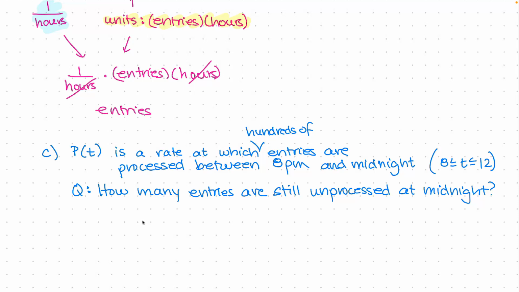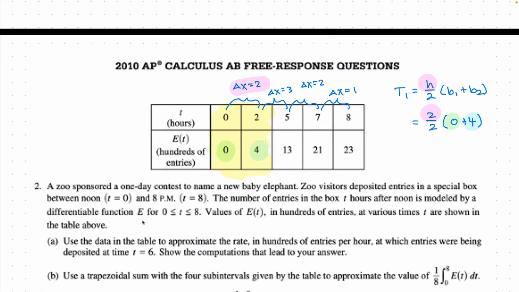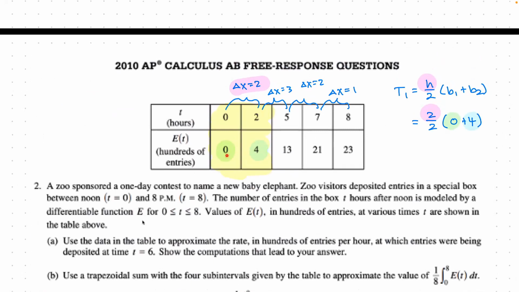Well, what we really need to do is this. Let's go back up to the table for a second. So people kept putting entries in the box, and at 8 p.m. when they cut it off, there were 2,300 entries in the box. Now I'm going to stop saying hundreds of entries. We know it's in hundreds of entries. Let's just say there's 23 left in the box. So now they're going to start processing these guys. So starting with 2,300 entries,